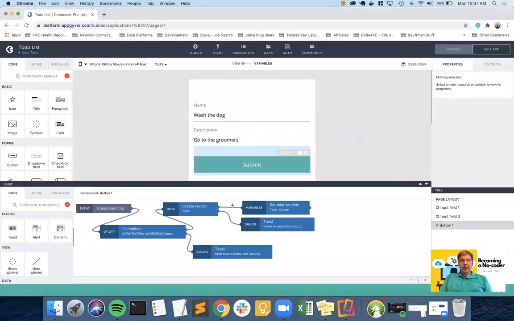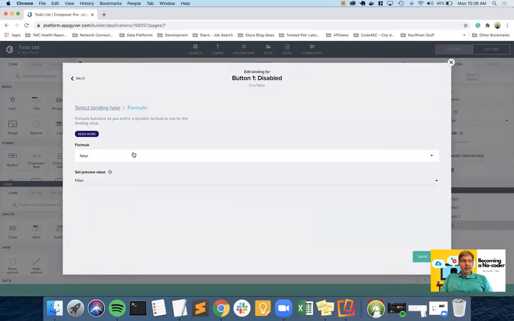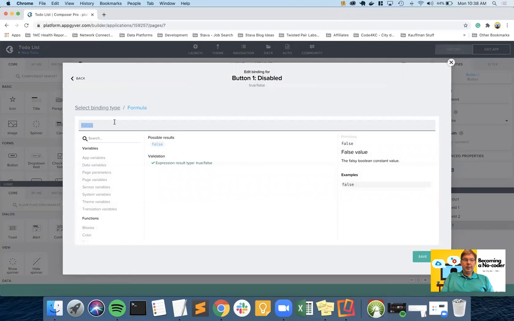So now we've actually got a well-protected user interface and a well-protected backend. Let's go one step further, because sometimes this is more usability than anything else, because we really have all the checks we need. But now I have the ability with the submit button. There's no reason to even have that enabled if the data isn't set up correctly. So we're going to go one step further, because in your app, if you want disabled to be a dynamic field, we can come into the formula, and we're going to do something very similar to what we did before, except we need to consider